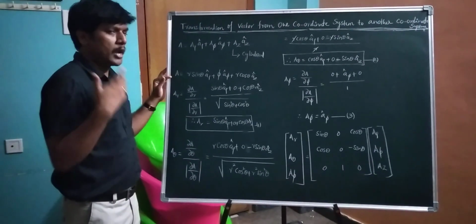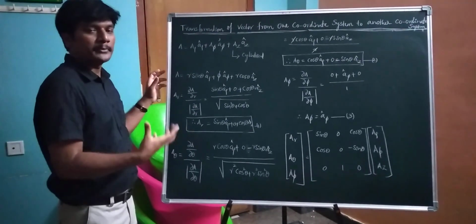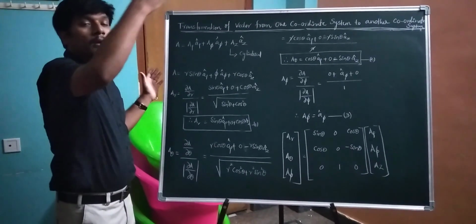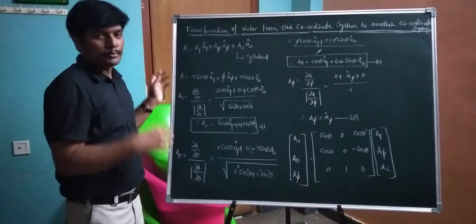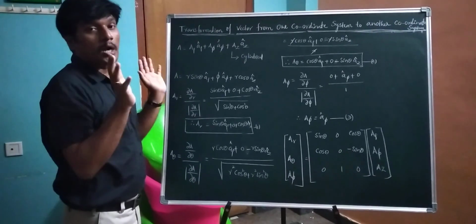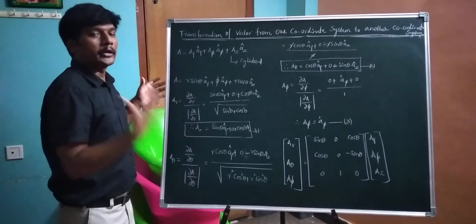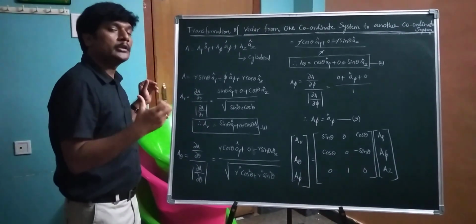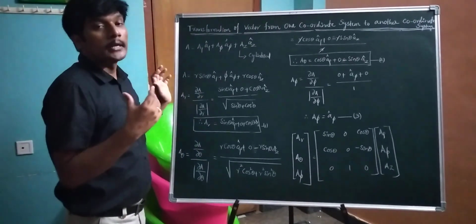So there are different approaches. We have the vector calculus approach and we have the mathematical approach. We are following the mathematical approach. Why? Because differentiation is easier than applying the dot product and the cross product vector calculus principles, and we have to know the angles between all the coordinates. Nine combinations you must keep in your mind. Then we can get the transform. So here the simple mathematical approach is convenient to convert or transform one vector to another vector.